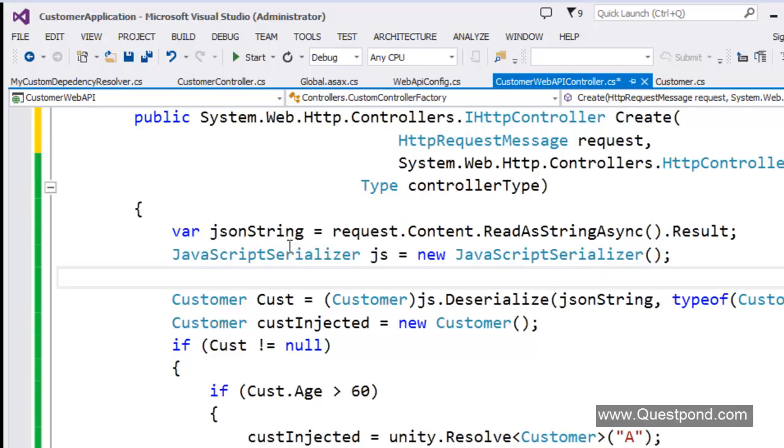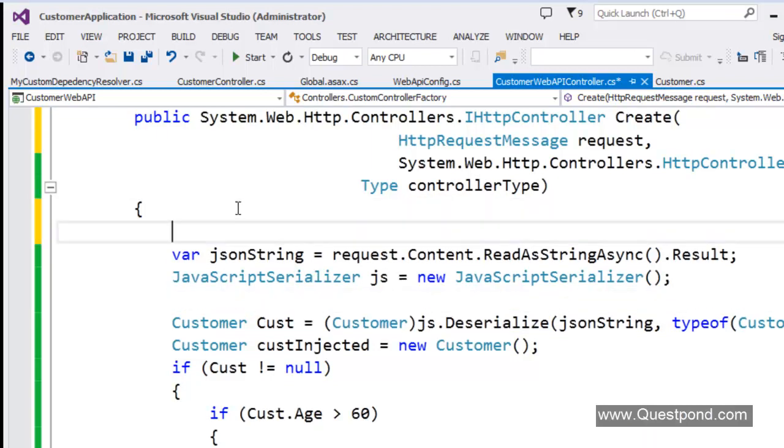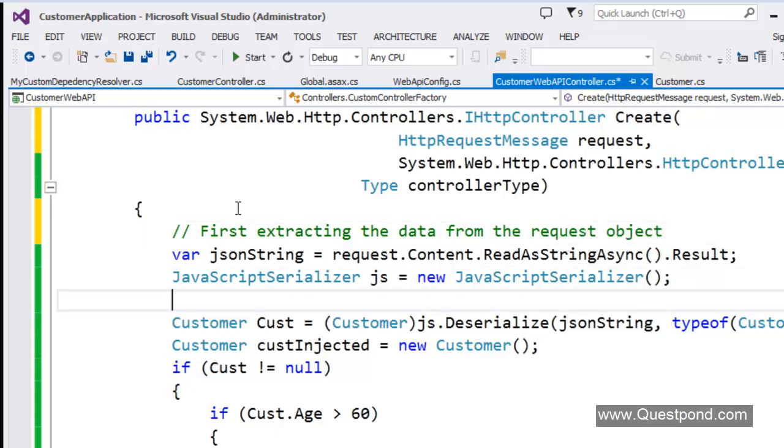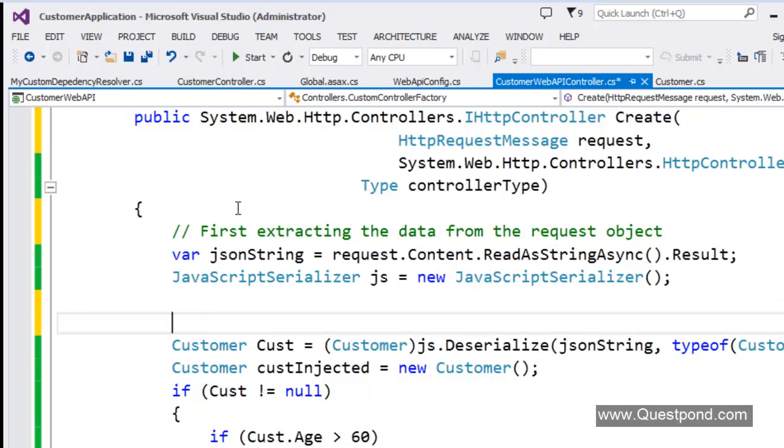So the first step here is I'm extracting the data from the request object. Now when the data comes in, it's in a JSON string, right?